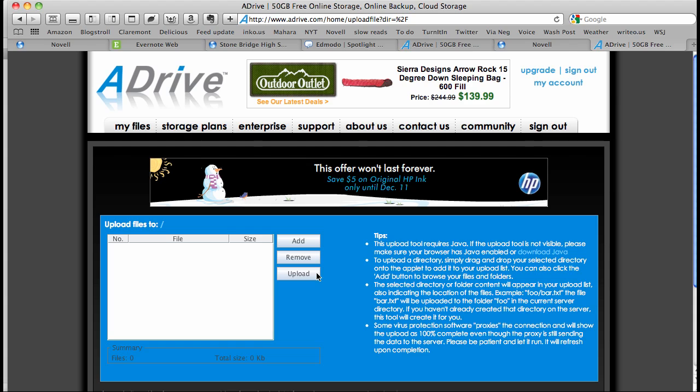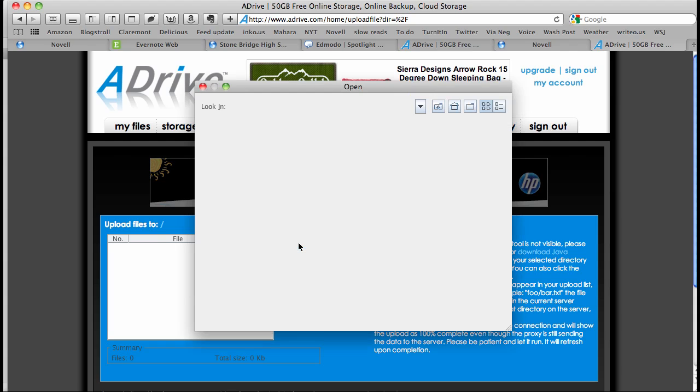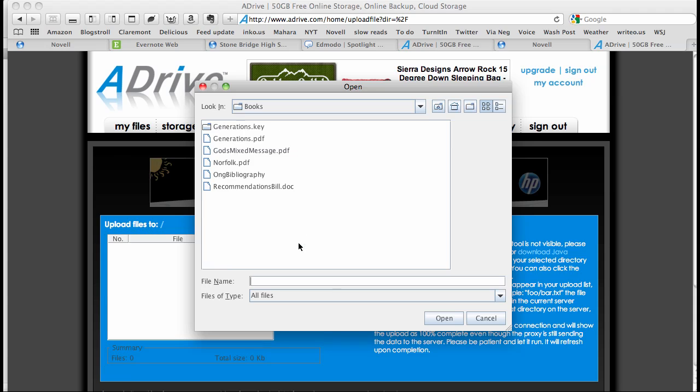There you are. The first button you'll click is the Add button. And that'll give you an idea of the items you can upload. I'm going to choose a file, but I'd like you to choose